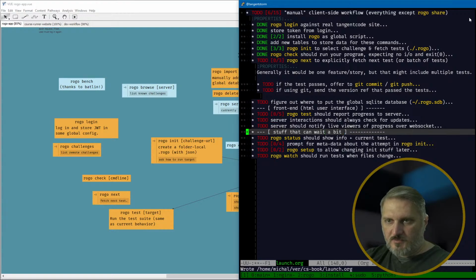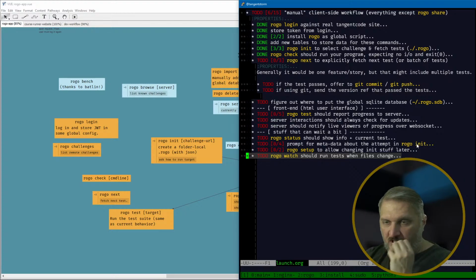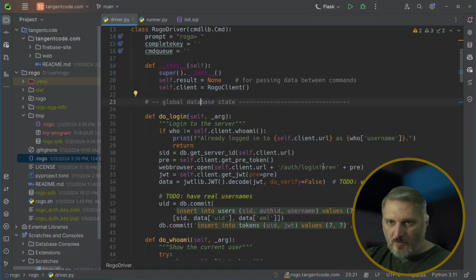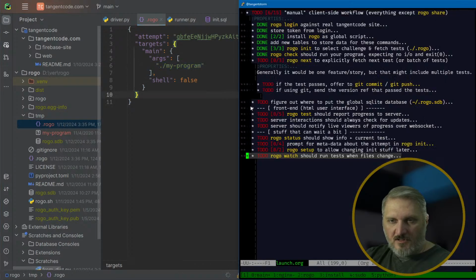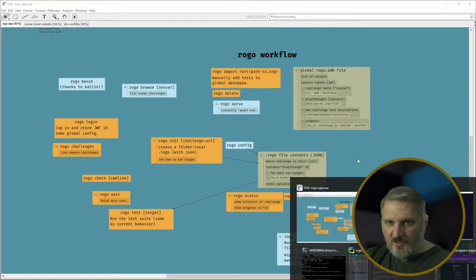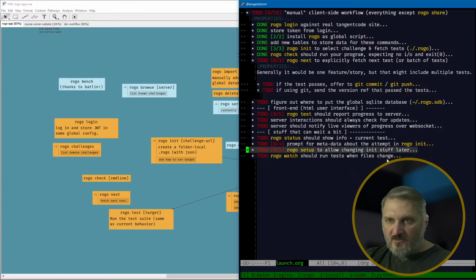It is all stuff I want to do for launch, but you don't really need a tool to configure the init or to reinitialize the config. Once the config file is there, you can probably just edit it by hand. That's the hope, right? I mean, it generates this much for you, but you have to fill in what the actual program is. So that's the bit that you have to worry about. Although that's what rogo check does. Right, anyway,